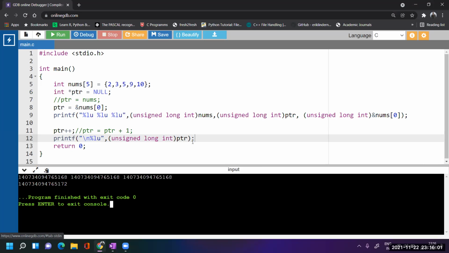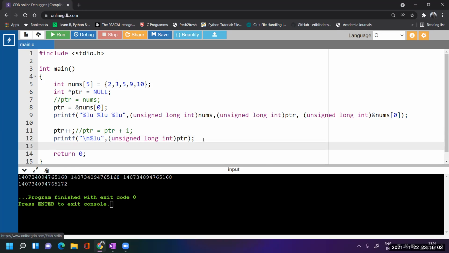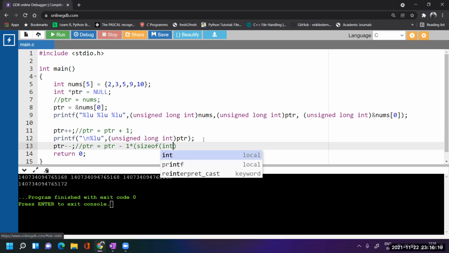Okay. So now, see, I am writing ptr minus minus. So what will it do? It will do ptr equals ptr minus 1, that will be multiplied with size of int. So this is the formula you should remember. So now we are expecting it will print the base address again.